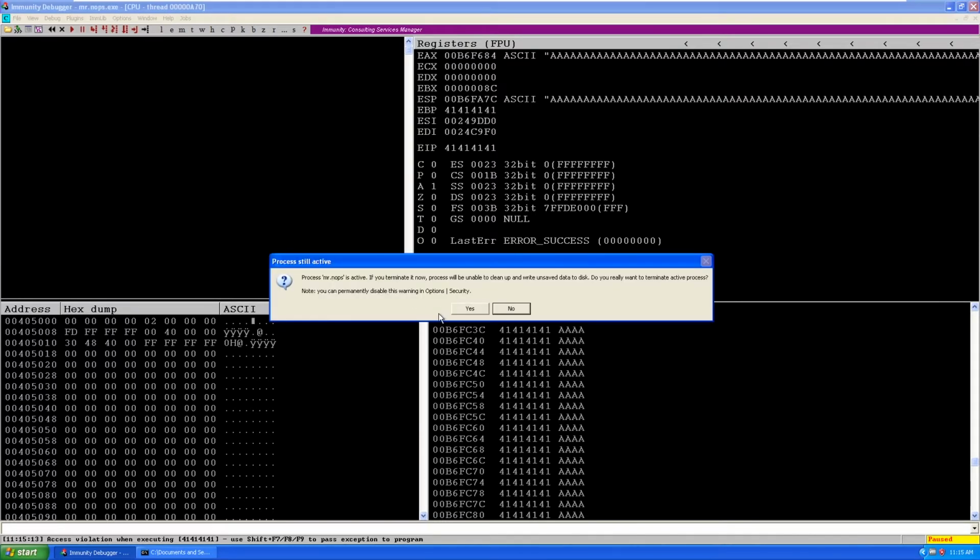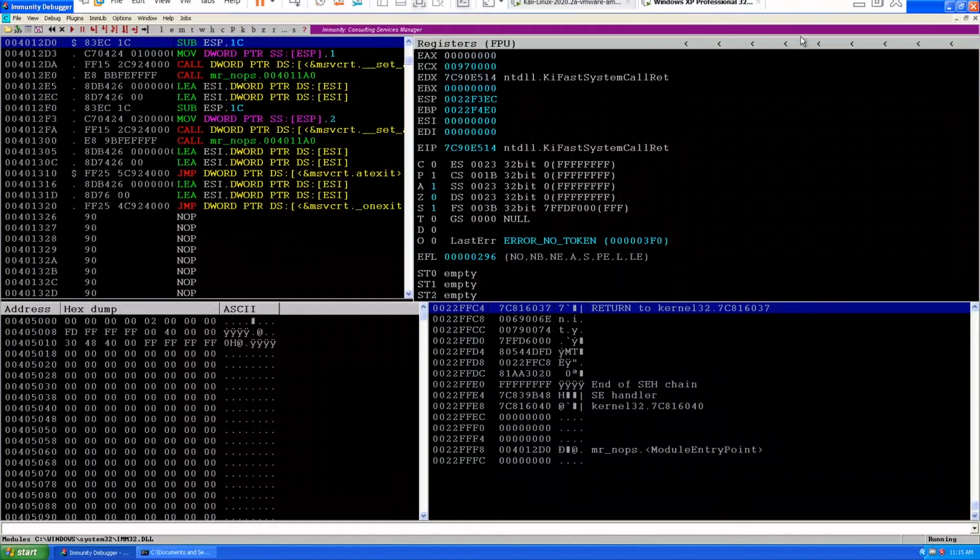That's why we need to create a random unique pattern, so that